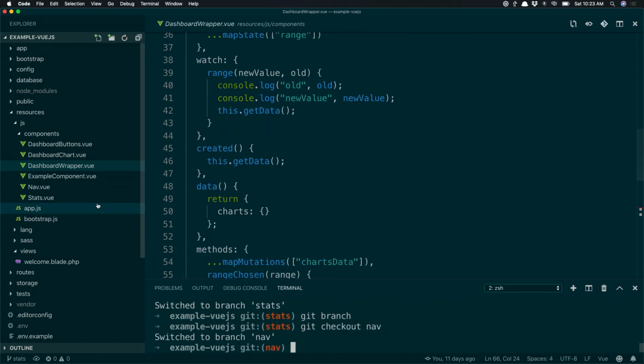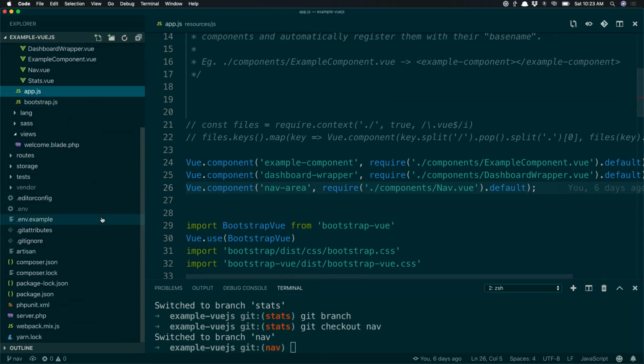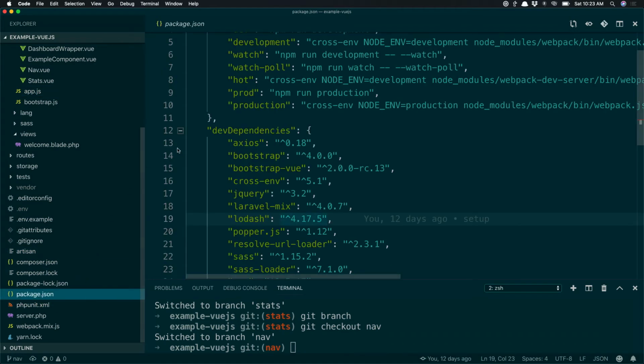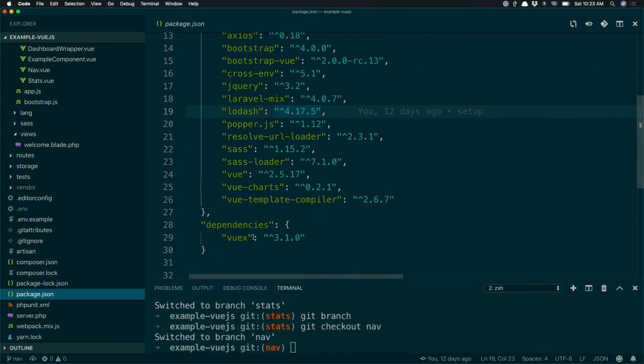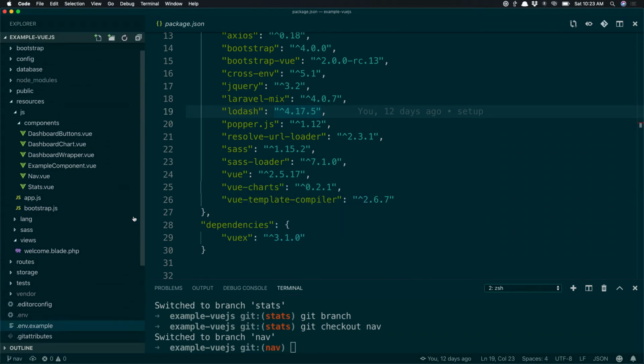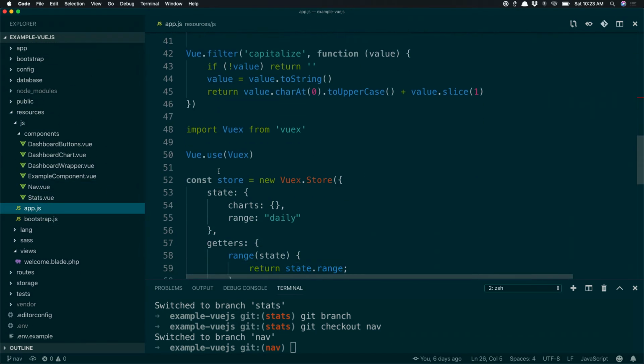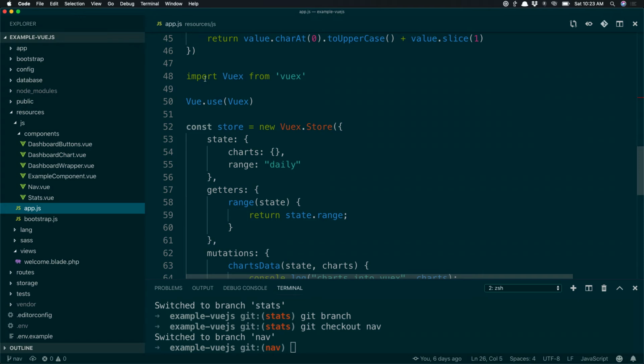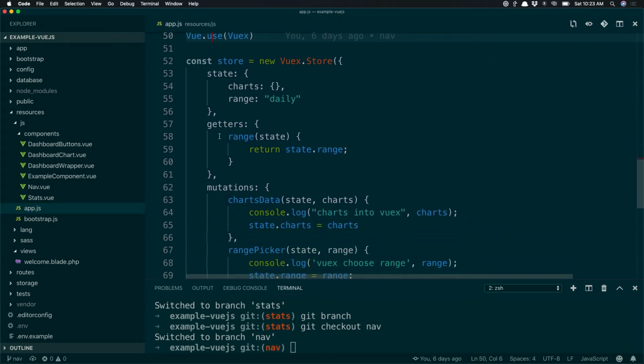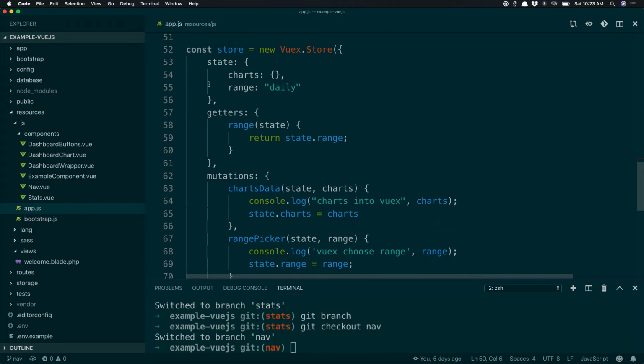Okay, so what's going to happen here is, everybody maybe already knows this, but I loaded Vue in my package.json. I say, hey, I want to pull in Vuex. So I pull in Vuex, and then in my application, I say, okay, I'm going to start using Vue. So I'm going to import Vue and use it. And I'm going to create just a regular, I'm going to say store, a constant, give me a new Vuex store, and I'm going to create this object.